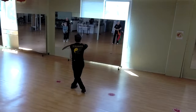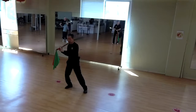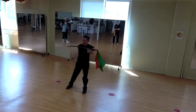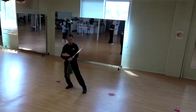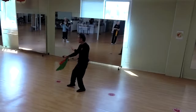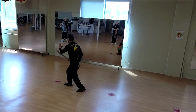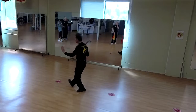So once we're here, wrap the sword, lift the arm, spin to here, like going to horse stance. Shift your weight, slice with the left. You can flip it over or you can just go from here. If it's simpler to do that, then you lean to merge. That's that blending of the transition. Then you go here, out to the side, over the top, go forward, sit back, lift, here, twist,